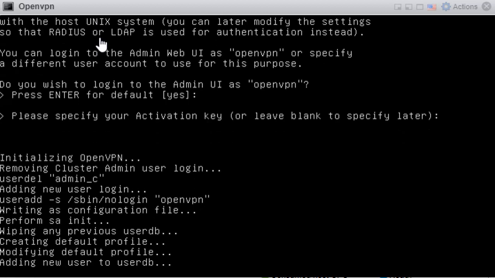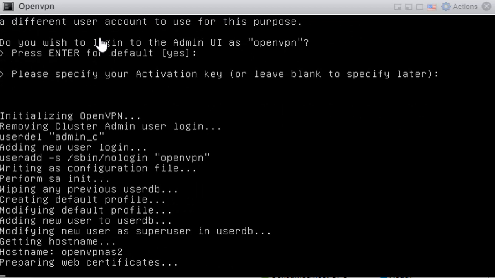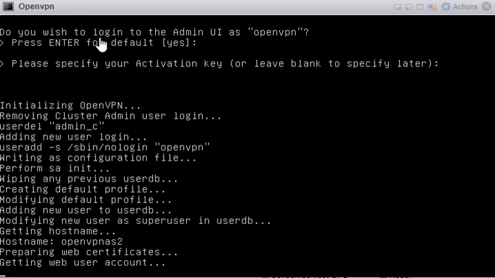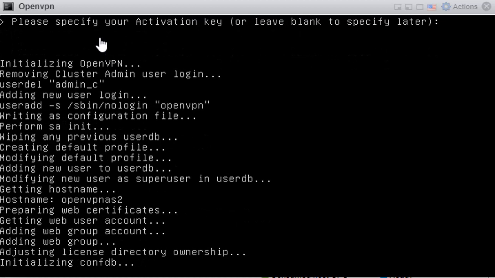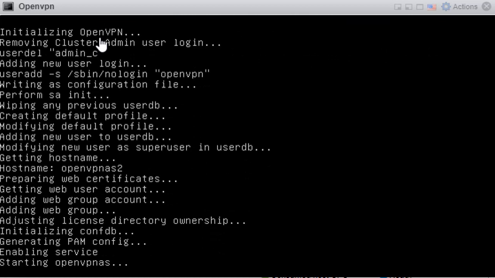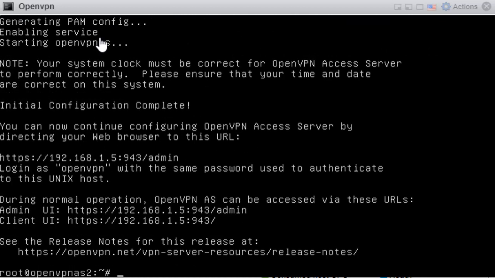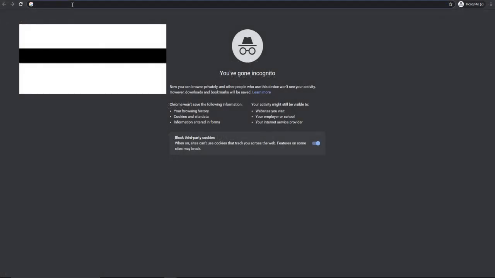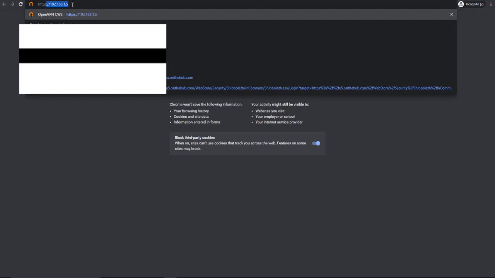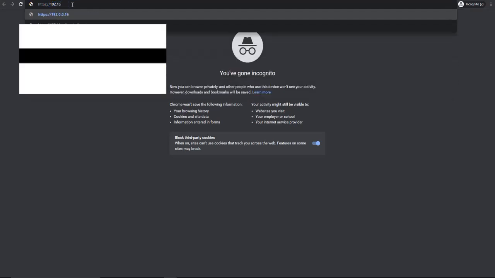So at this point, OpenVPN Access Server is going to run server scripts and install the web server, configure the certificates and all the other good stuff. And once it gets finished, like we see here, we can go ahead and access our UI by HTTPS, the IP address, colon 943. At this point, we're going to go on the browser and we'll type HTTPS, we'll do the IP address,